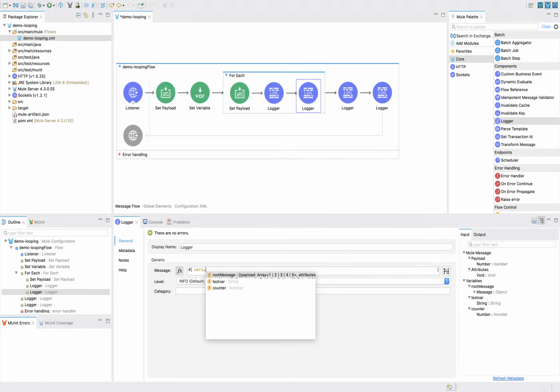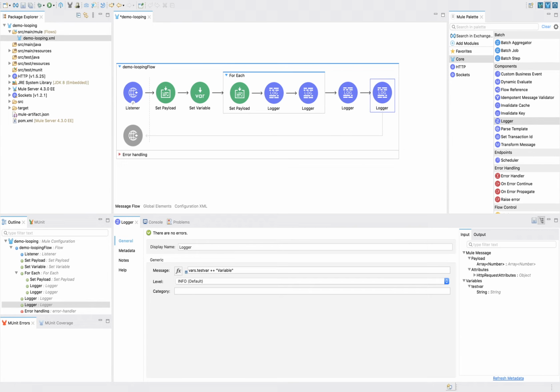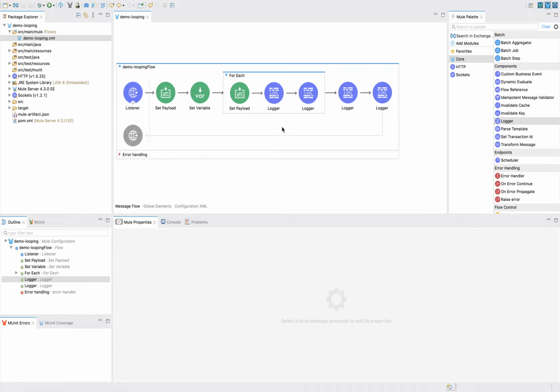vars.testvar. So here we will see both, the behavior of payload and also the behavior of the variable.